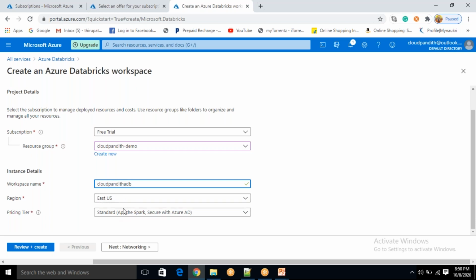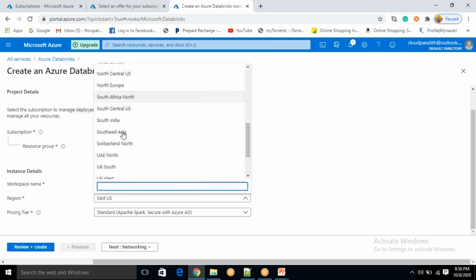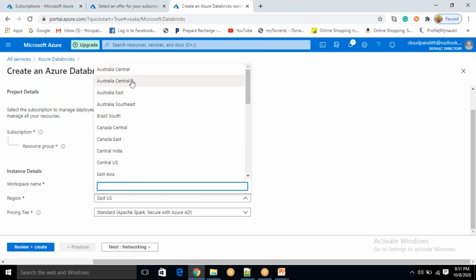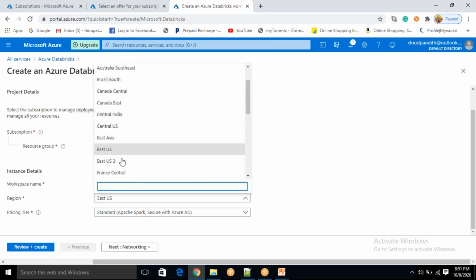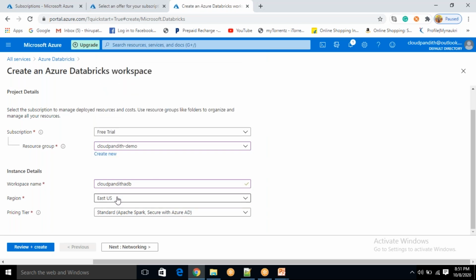In which data center do you want to launch this particular Databricks workspace? I want to create it in East US. So data centers we discussed, right? So the data center we have to tell. In all these places we have physical servers and physical storage and physical things are available. Now based on whatever you have selected, in that particular data center, Databricks will be created.